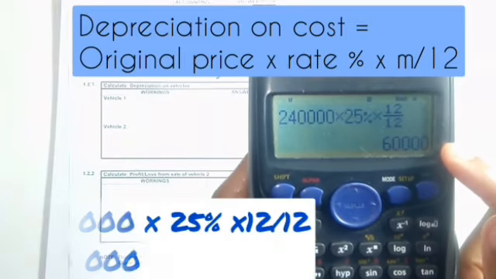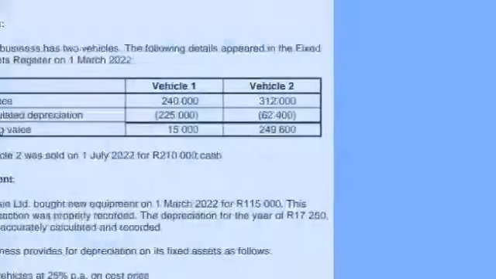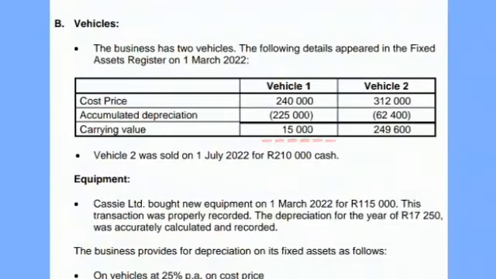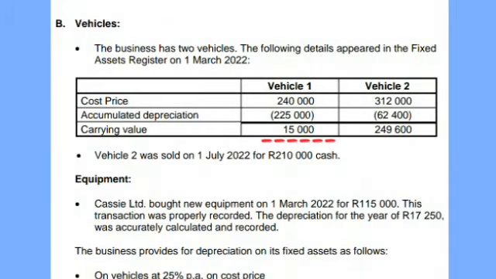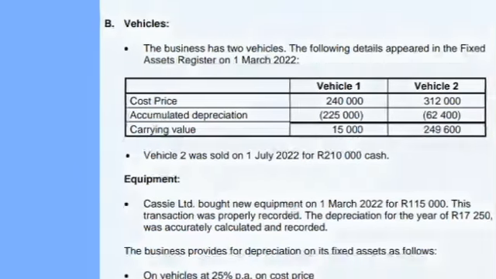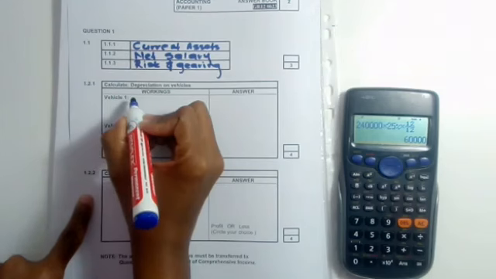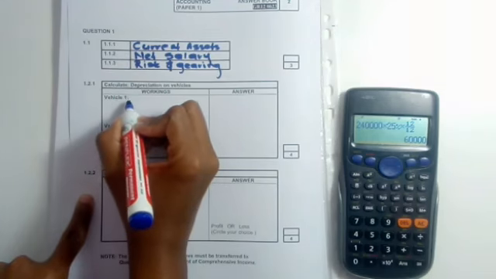60,000 rands. But you will see in the information they told us that the carrying value of our vehicle is 15,000 rands, meaning that this vehicle is fully depreciated. So we cannot minus 60,000 when a vehicle is left with a value of 15,000. The only thing that we can minus is that 15,000, but not all of that 15,000. What we can do is say our depreciation for this vehicle will be